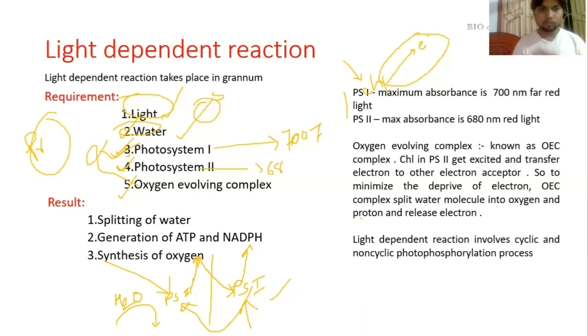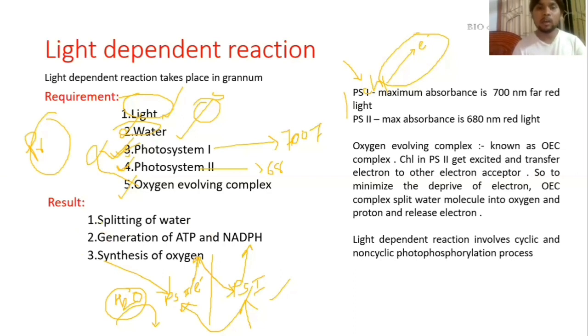Now, when photosystem 2 gets excited and releases its electron, it is deprived of electron. It requires an electron to balance, to make it a relaxed condition, because whenever it is getting excited, it is giving its electron to someone, so it requires an electron. So from here it will get the electron. It is getting the electron from the water. And how is the water helping to give the electron? By the oxygen evolving complex.